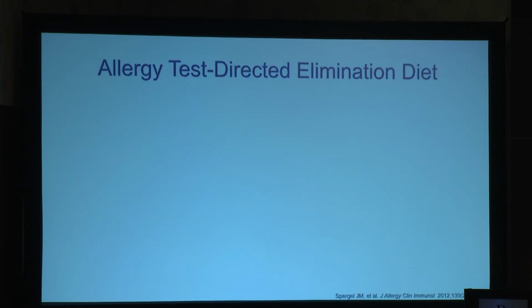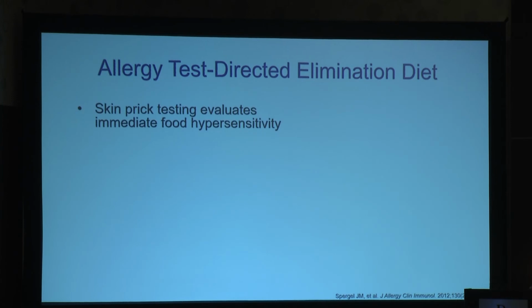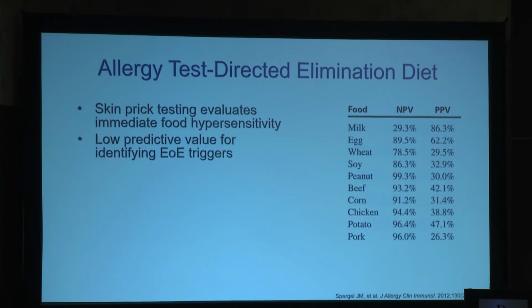And then people always ask about allergy test-directed elimination diet, so basically using skin prick testing to do that. This evaluates for immediate food hypersensitivity, so foods you're going to have anaphylaxis to, so IgE-mediated food allergy. For EOE specifically, it has a very low positive predictive value, so we don't use this anymore. They used to, probably even just 5 or 7 years ago, some people were still using this technique, but we